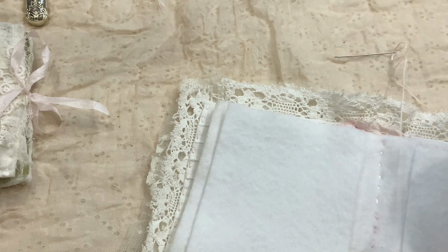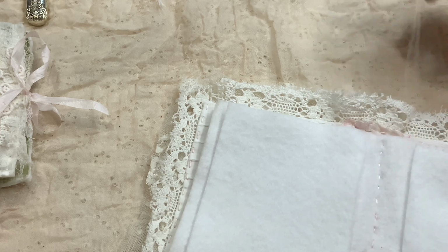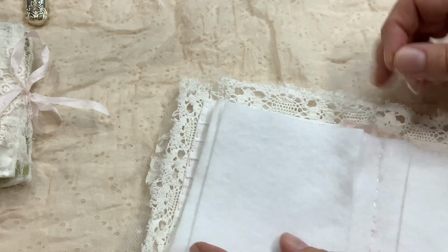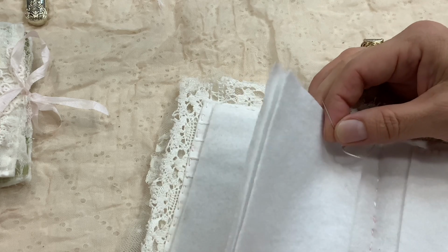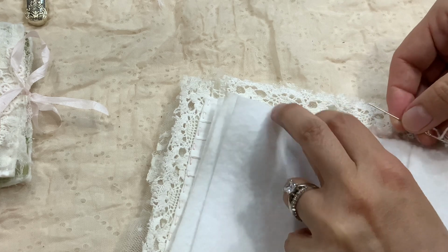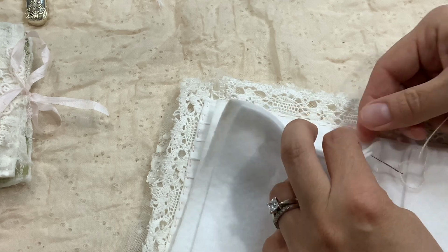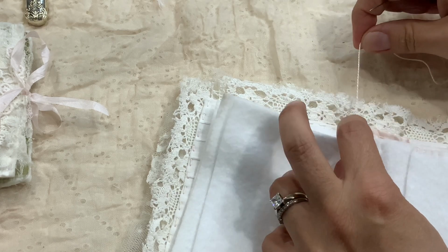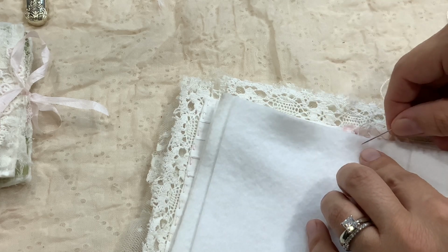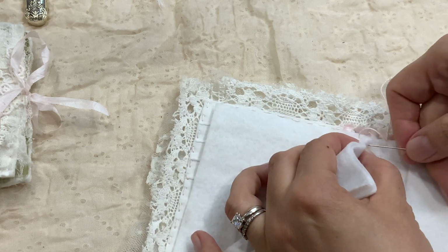First I'm going to do my knot at the end. Oh, I think I've already done it. Yeah, okay. You need a knot, and you can maybe start in the middle because you want to hide that little knot. I'm going to make sure it's all placed correctly. I'm going to start from the middle, but I'm going to go at the back of the page. I'm going to place that, and this way I'm going to come back here to the front,